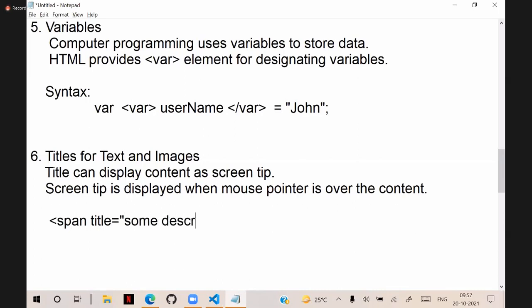So some description in the title and your text, and close that span. That's how we write titles. You can write in a span, in a div, in a paragraph, in a heading, in a picture, image, anywhere. In any container, these titles are allowed now. You can display that. For example, see,